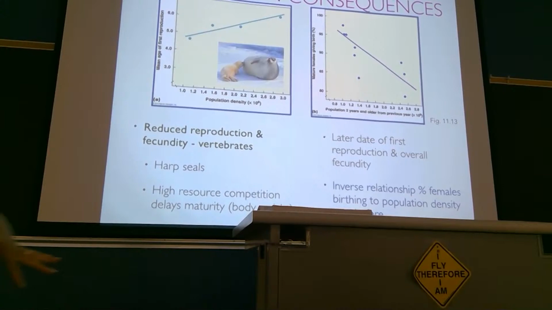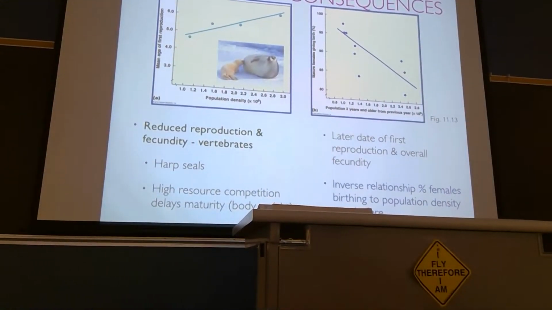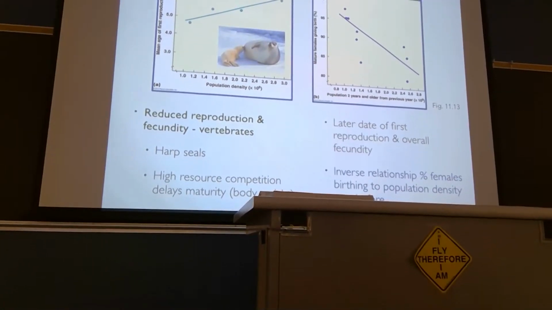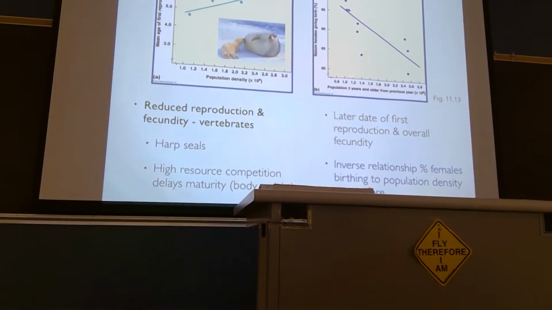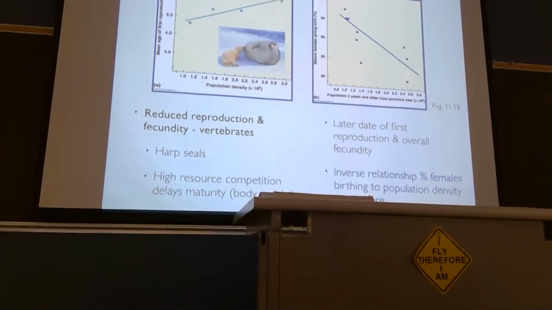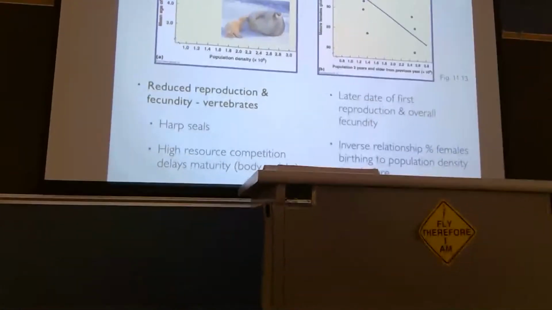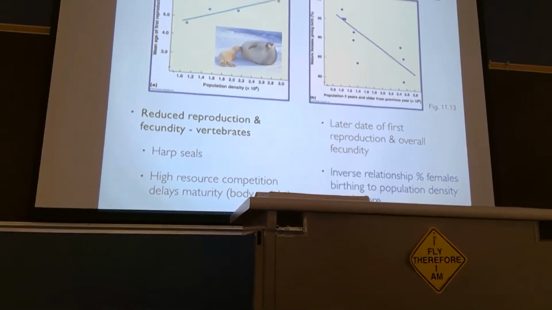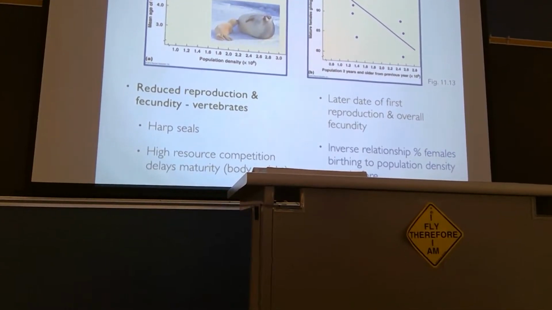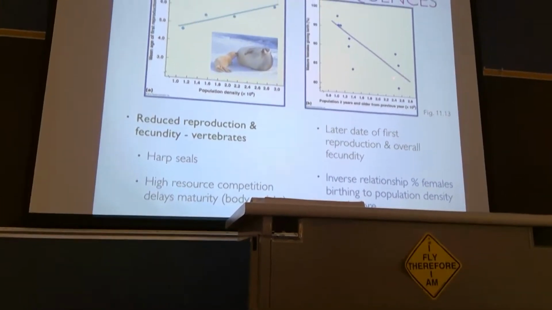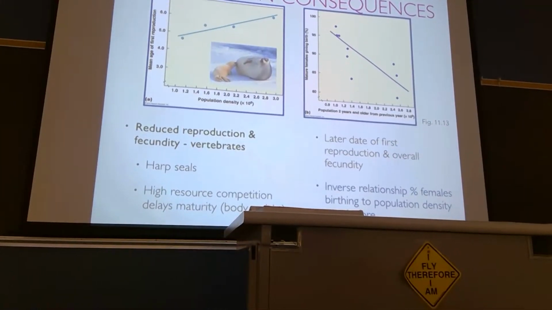On the other side, we see that the number of mature females giving birth, which is on the y-axis, is dependent upon the population cohort that was 2 years old or older from the previous year. If you have more reproductive females in your population, fewer of you actually give birth. If there are fewer reproductive females in your population, more of you are able to give birth that year.